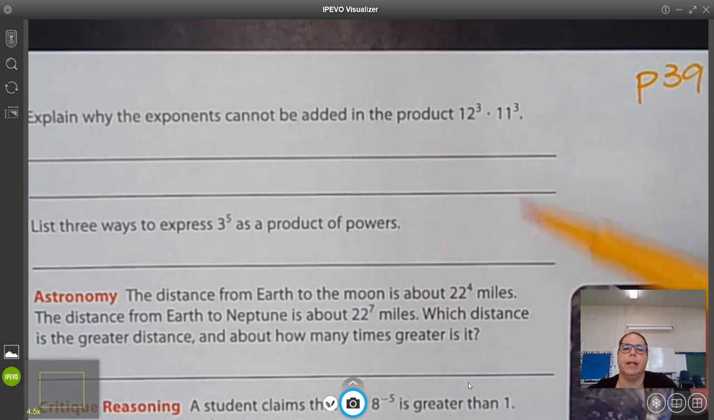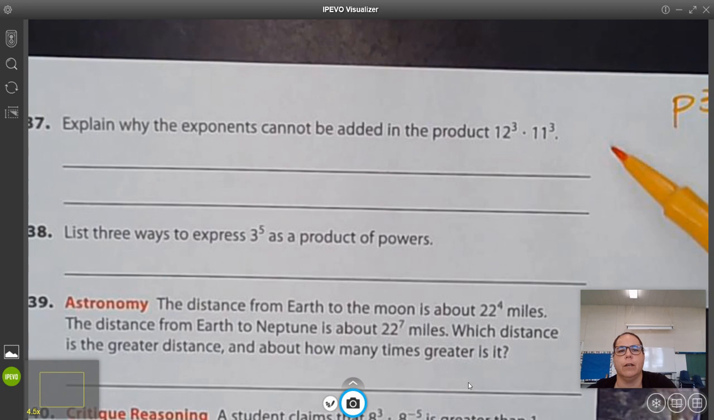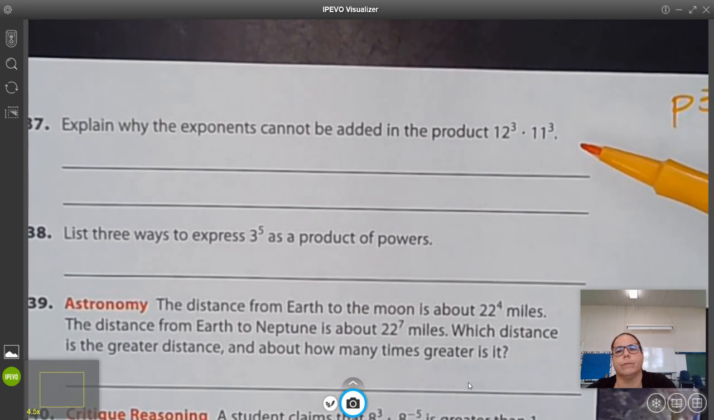Explain why the exponents cannot be added in this product. Right, so I want you to think to yourself, why can these not be added? All right, so